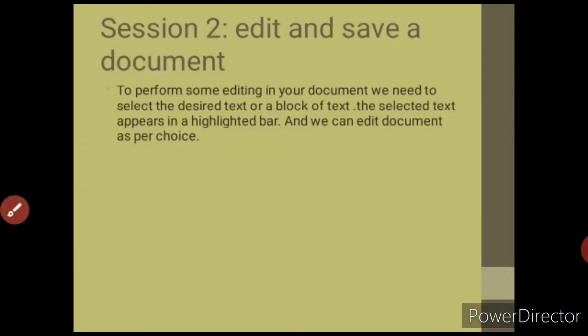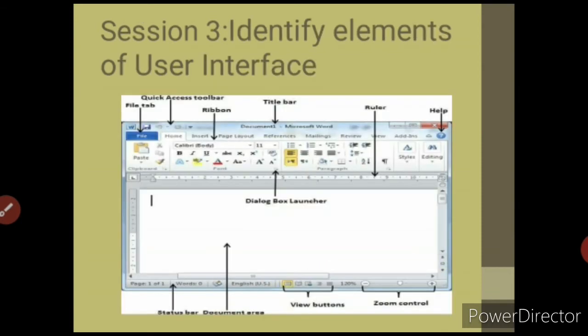Next is edit and save a document. Edit: if you want to make any kind of change, you just have to select the complete area where you want to apply the editing option, and then you can edit as per your choice. Editing means if you want to change the letter case, or apply numbers and bullets, or any kind of indentation or alignment, you make that edit with the help of it only. Fine. And the save option I already told you.